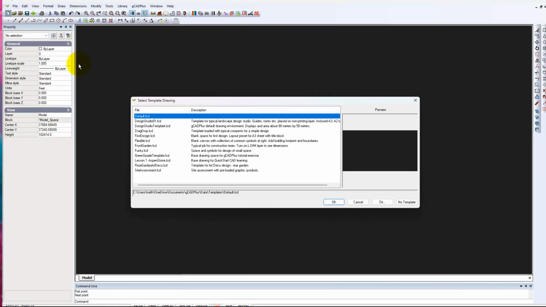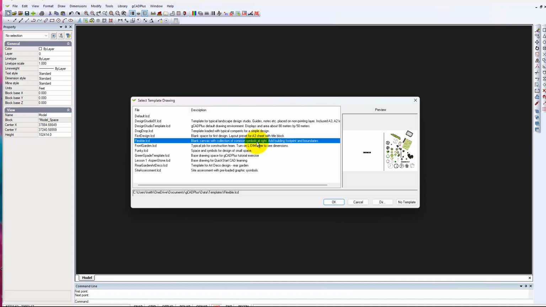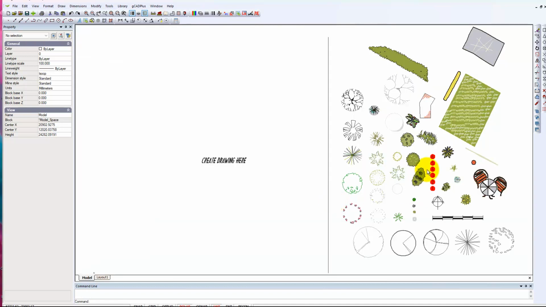If we went File and New and pick, say, Design Studio, there's a little description, a little snapshot of what you might get in there. Let's take, for the sake of argument, this flexible drawing. It's a blank canvas still, but with a collection of common symbols on the right. So we can say OK, and here are our symbols, and we can create the drawing in the left-hand panel,